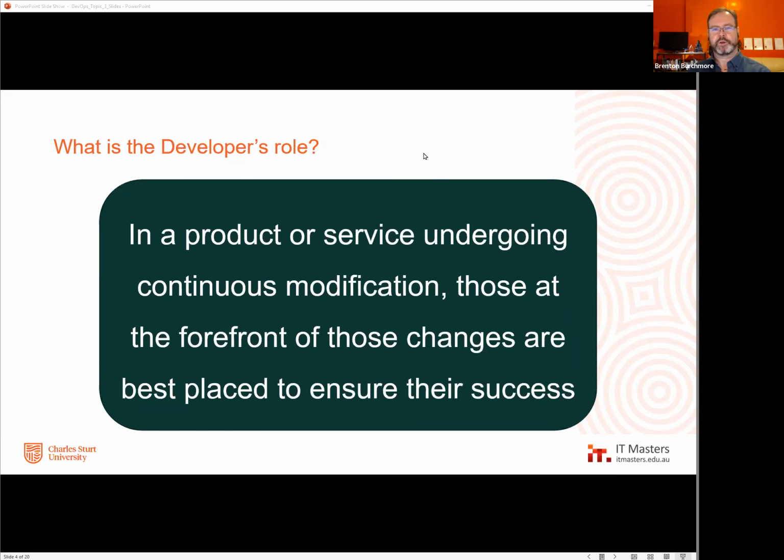Ops is making sure that the bad doesn't happen, but the good that we sell comes from the development perspective and the development activities. And part of what DevOps is doing is saying, well, what do we need to do in combination to make the most of the role that development brings to this environment? How do we leverage that? How do we give it its maximum space and opportunity?